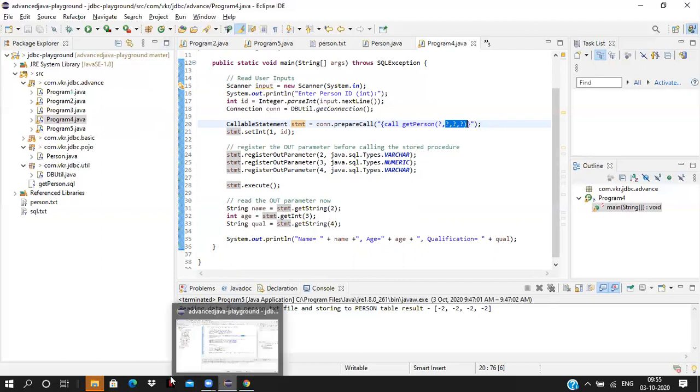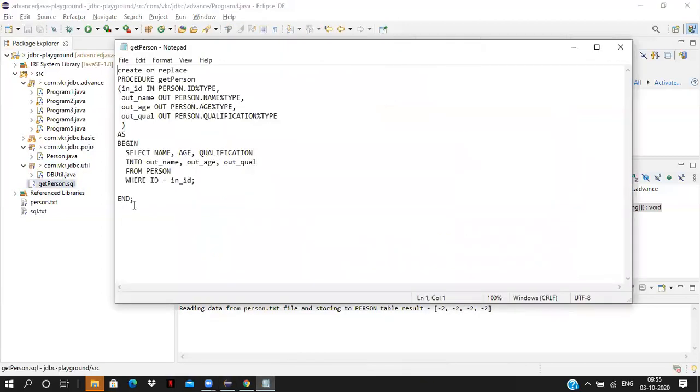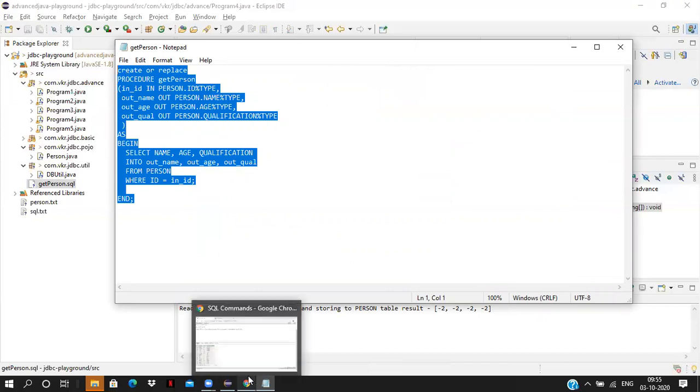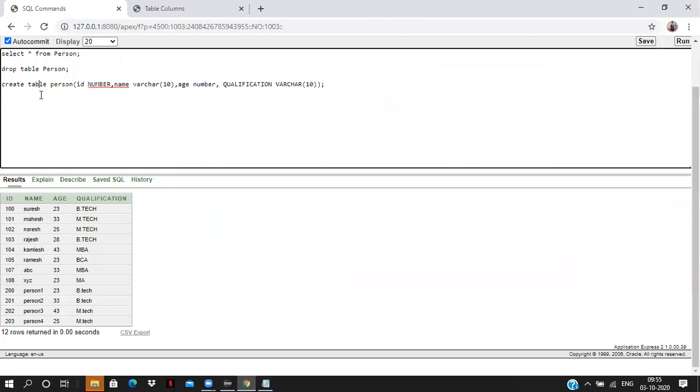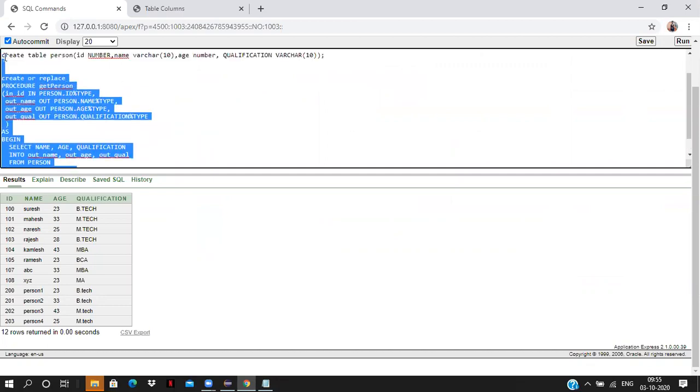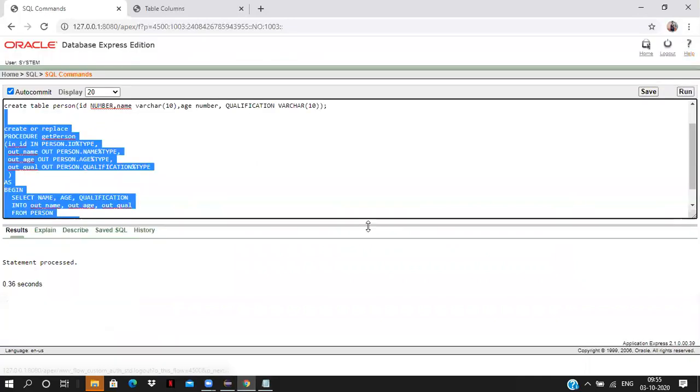Now, if you want to execute our stored procedure, first the stored procedure should be there in our database. Now I just go and execute my stored procedure in my database. We have to create the stored procedure first. Now I'm just selecting that and executing this.